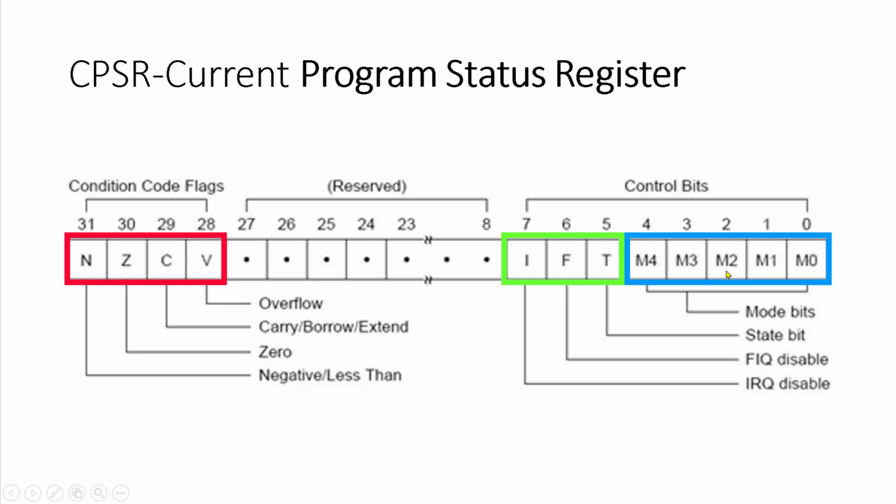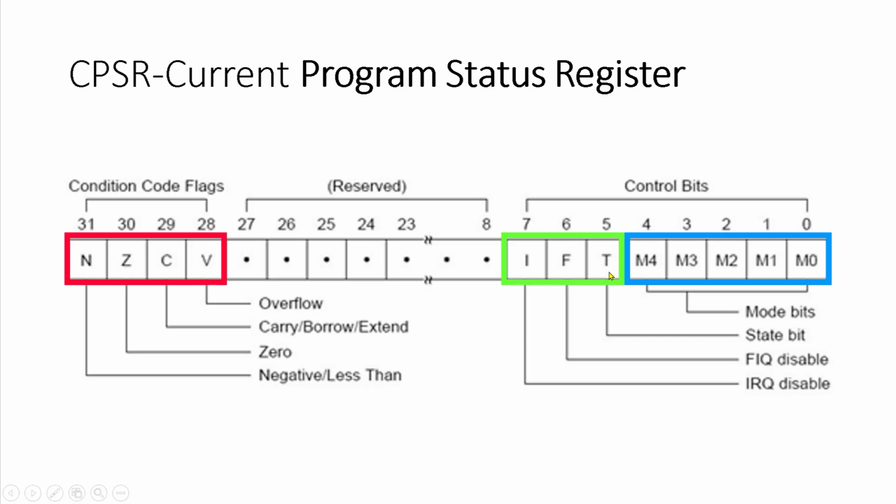Okay, so these 5 bits are called mode select bits, and these 3 are used for, see, this T represents the state, whether the processor is working in Thumb state or ARM state. We will see this later on. Okay, the processor instruction sets. There are two different types of instruction sets available, as we have seen in the previous video. Thumb instructions are there and ARM instructions are there.